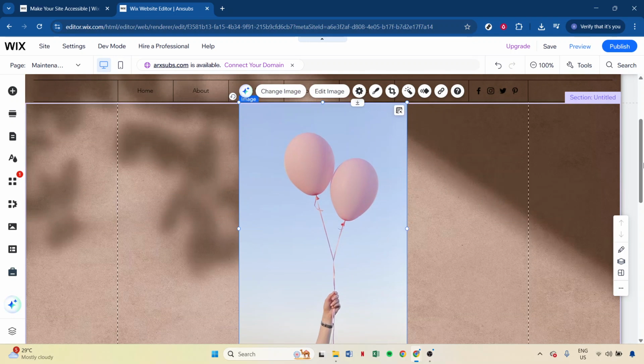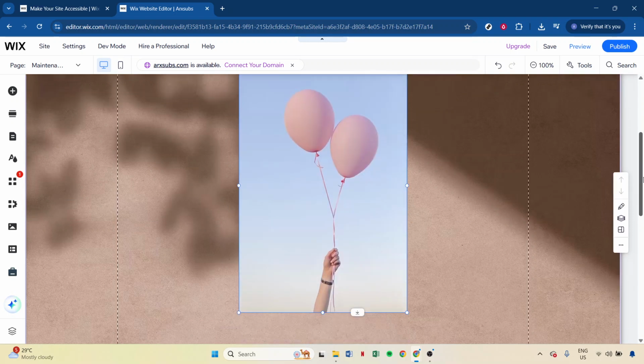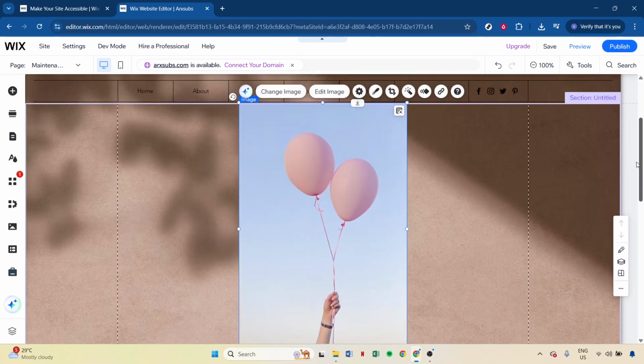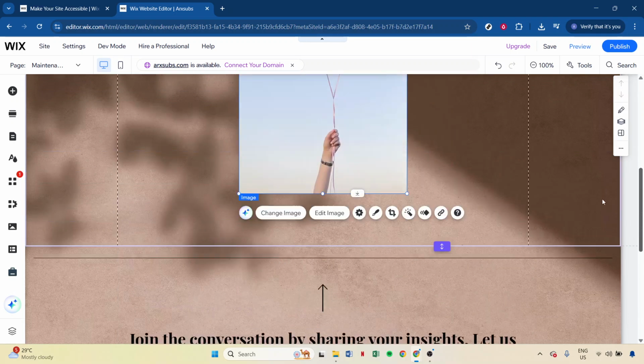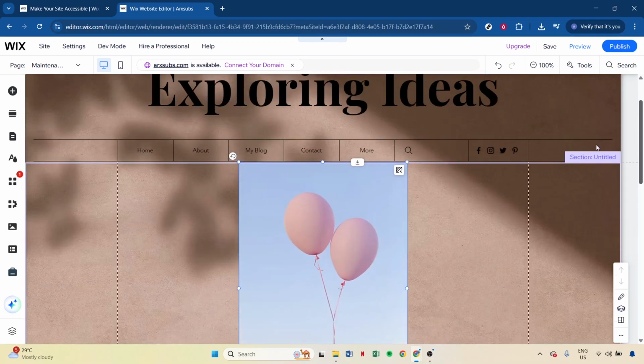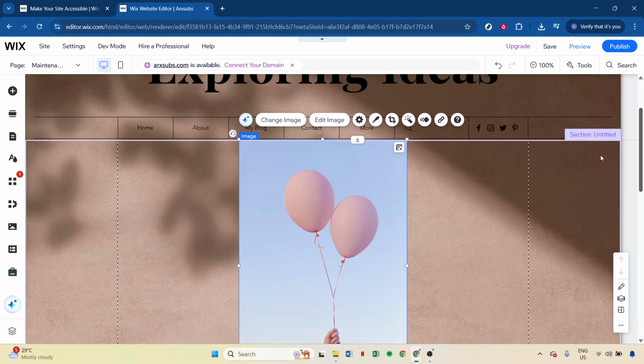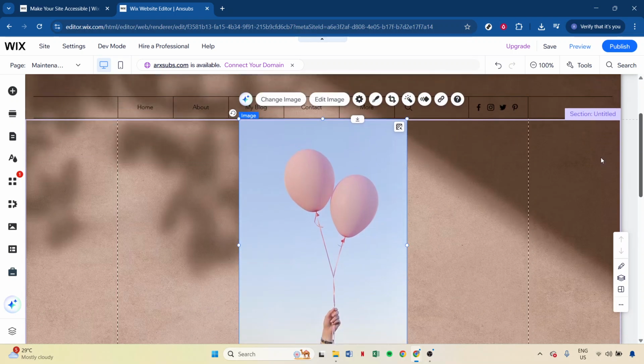It's important to consider the flow of your page at this step. The placement of images can significantly impact the visual pathway that your visitors will naturally follow as they scroll through your content. Once your image is on the page, we need to ensure it scrolls smoothly and naturally with the